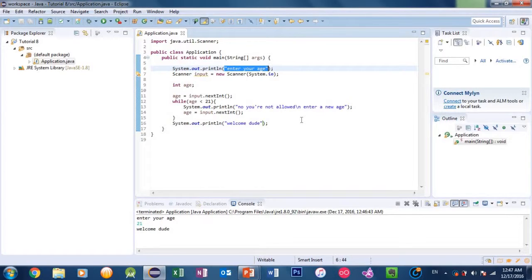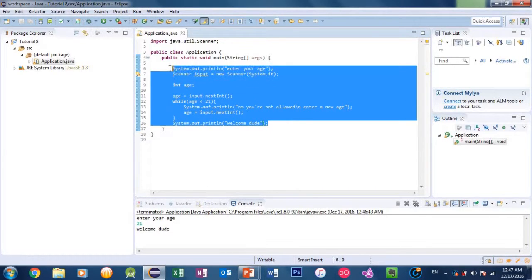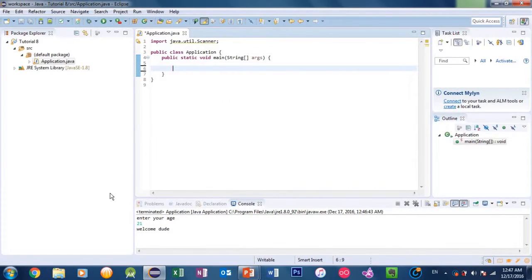The main difference between the do while loop and the normal while loop is that the do while loop makes sure that you run some code at least one time. Even if the condition is false, it will not proceed, but you have already executed the code. So we can delete this and start by typing